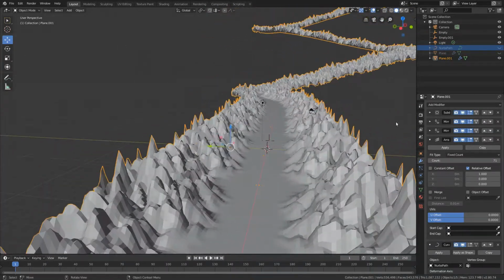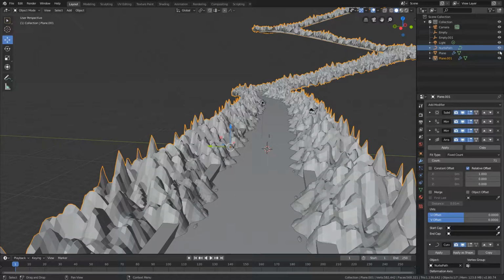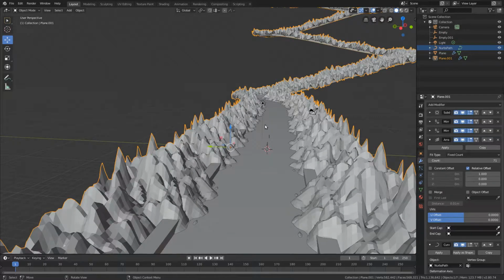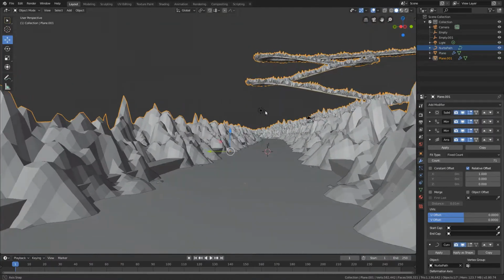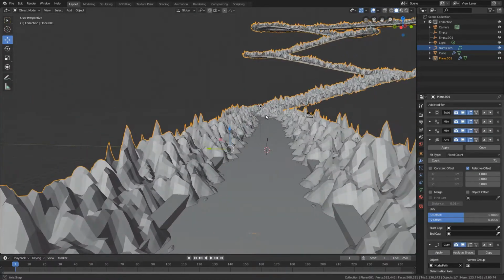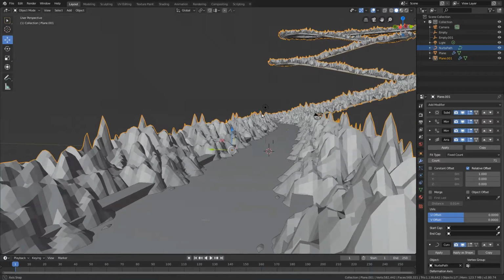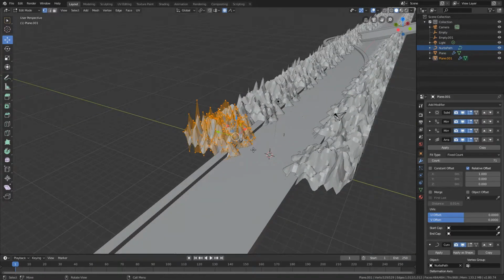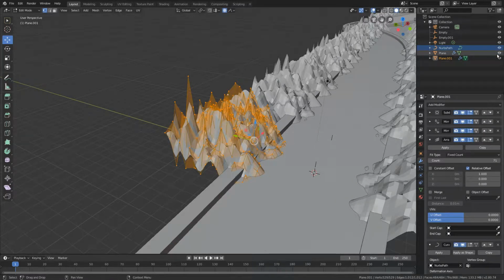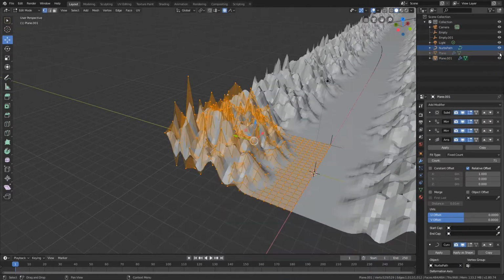So we have this. Now if we enable everything back, we can see that we need to make the mountains a little bit bigger because they are sticking to the road a lot, which we don't want. Maybe you want it, so you will do it, but I don't want it. So yeah, we'll remove this one,